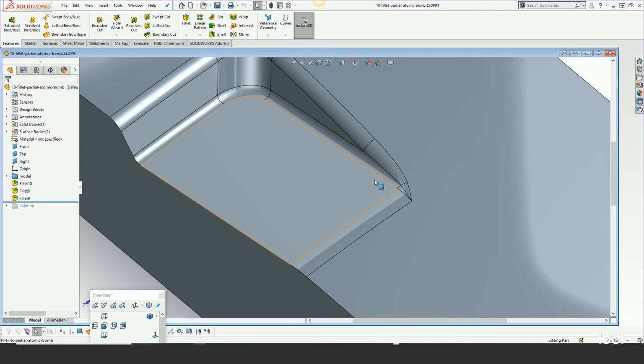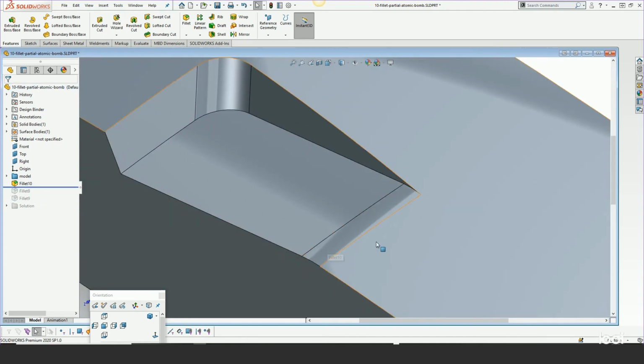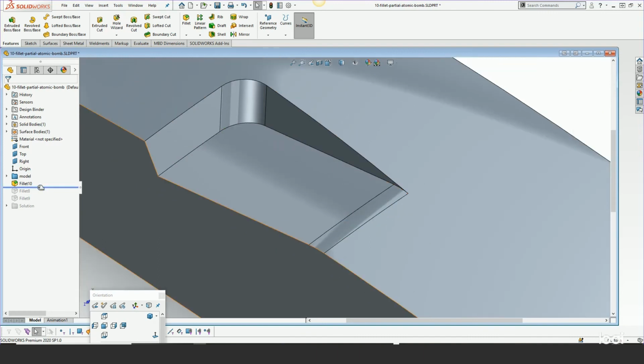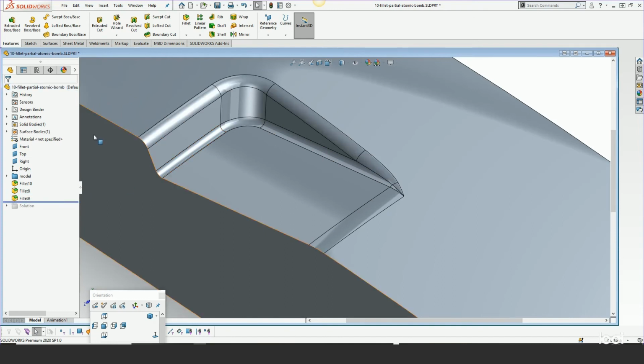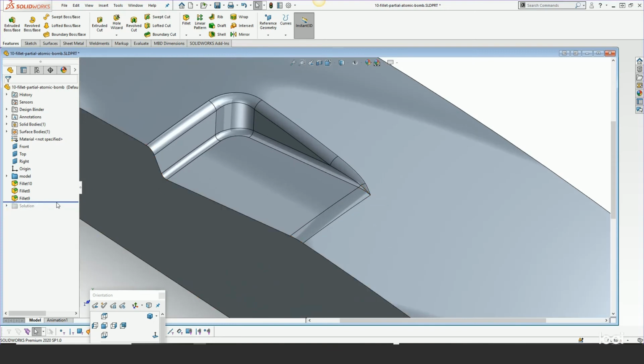So in this case, what I'm wanting to do is create a 15 millimeter fillet here and then apply a face-to-face fillet with chordal width at the bottom, and then do another constant fillet at the top. And using 3 different fillet types, I can't get a transition here. So the solution, you guessed it, would be to use an Atomic Bomb